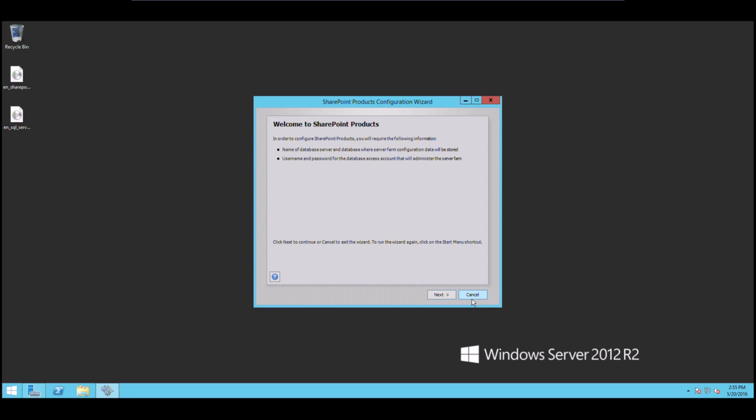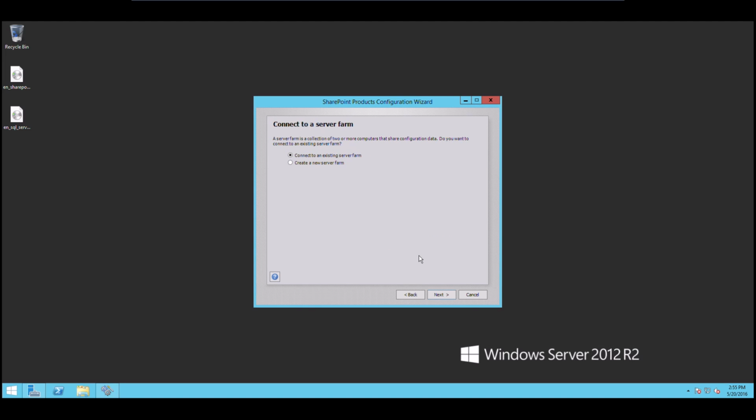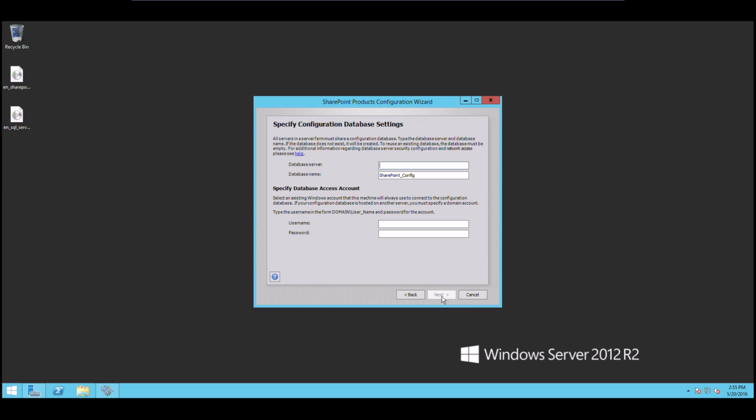So we're going to click close, leave that checked, and click next. Now click yes, and what we're going to do is create a new server farm. Now remember, we're installing this on one computer. So the database server here is going to be